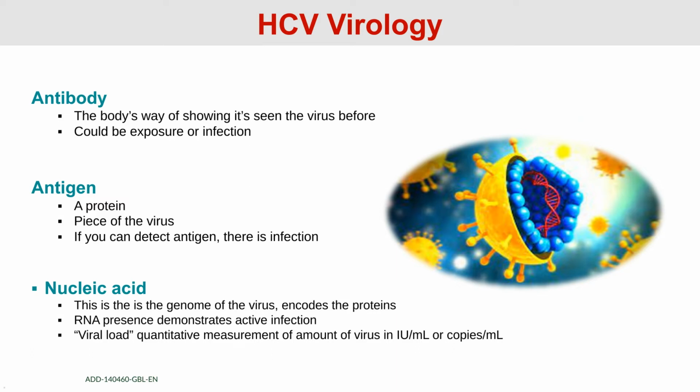And then nucleic acid based testing, which even the public has become extremely comfortable with, PCR testing for COVID. That's exactly what we mean. We're looking at PCR testing, nucleic acid based testing for viral RNA, so hepatitis C RNA, which is the presence of the virus, and again, that is active infection. In some regions, that test could just be a positive or a negative, or in some regions, that test would be quantitative and would be known as a viral load, a quantitative measurement, which can be in international units, so IUs per ml, or copies per ml.